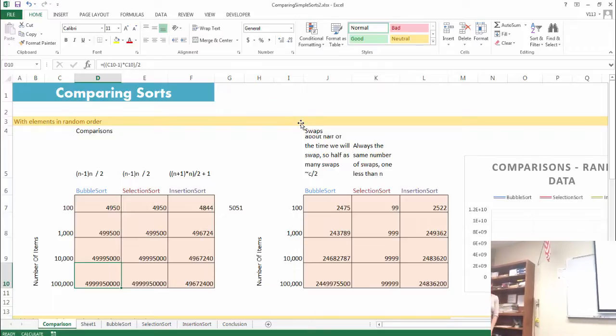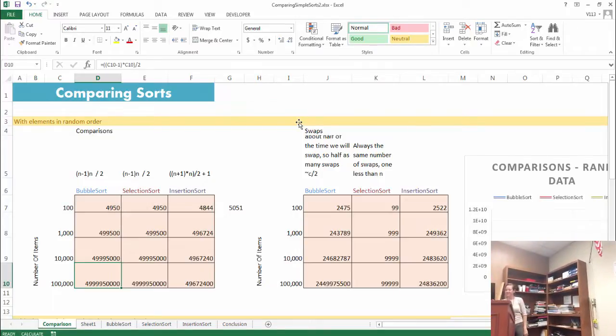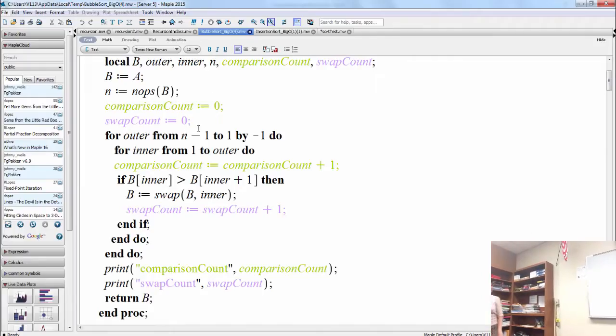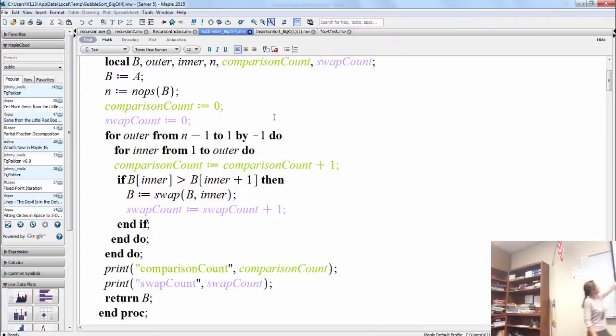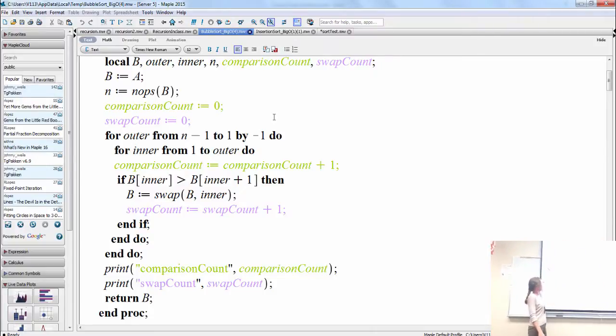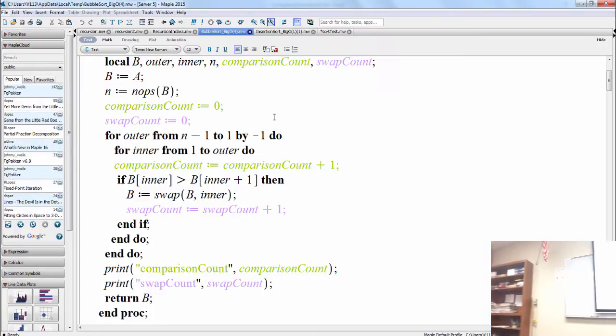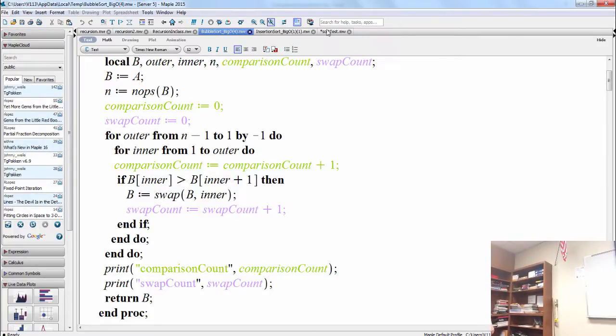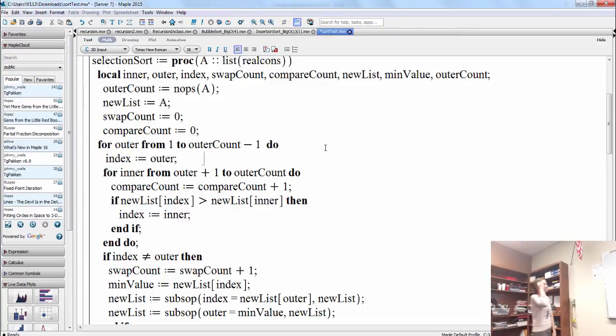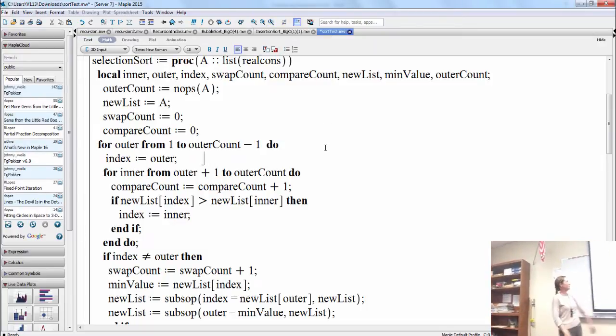Well, hopefully you were looking at the code, right? When we look at bubble sort, he has that for loop within a for loop. And then he has this if statement in here, and the swap is inside of this for loop. Okay? So for loop in a for loop, if statement with a swap in the for loop. And when you look at your selection sort, what do you notice?